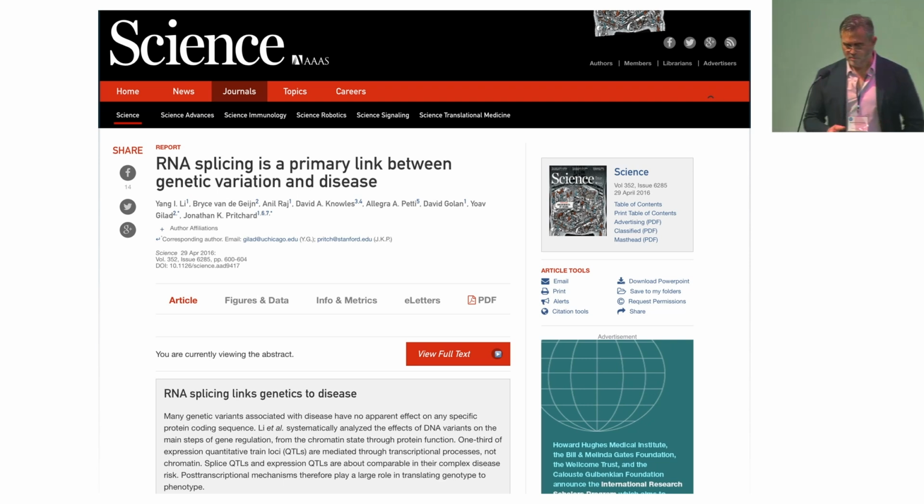There was a paper published from Jonathan Pritchard's lab at Stanford a few years ago, where he was doing a study to figure out, if you take all the genetic variants identified to date that cause human diseases, what processes are affected most by these mutations. It turns out that RNA splicing is the process affected by most of the genetic variants that affect disease. So this plays a very key role in